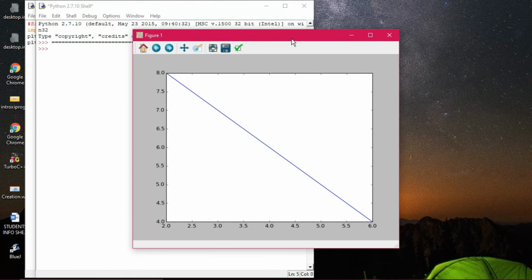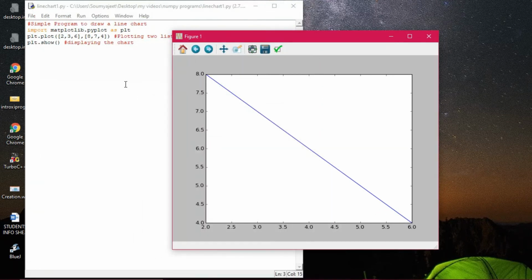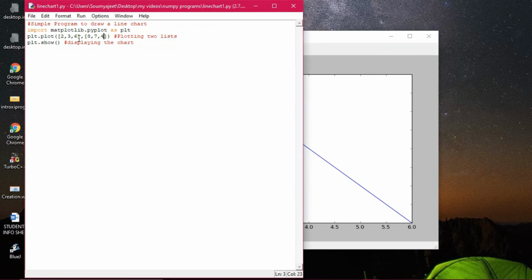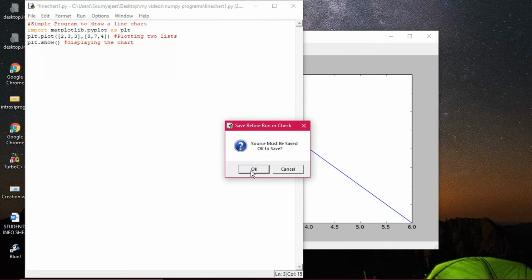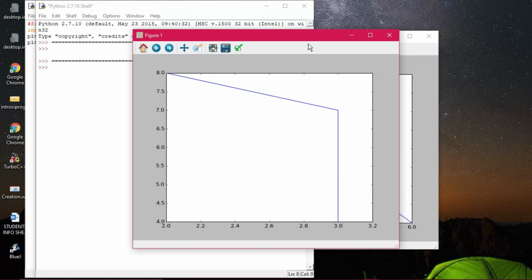A straight line has appeared, you can see from corner to corner, that 6 and 8 have been coordinated in such a way. And so 2 comma 5. If the coordinates are not proper, then you will not be able to get a good graph. Let's see now how this can be fixed. That is why I have taken that particular coordinate. See, it has come over here like this.